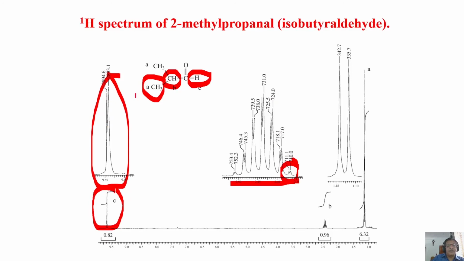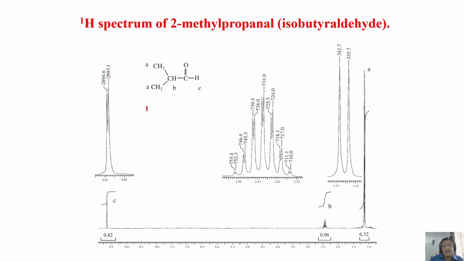Because it is coupled to this. So it is not a mistake in the spectrum. It is the right spectrum. The only thing is I was not seeing carefully. It is this proton which is split into a doublet because of this. So this proton, interestingly, experiences coupling with two CH3s and this CH proton, and interestingly, all the couplings are different.